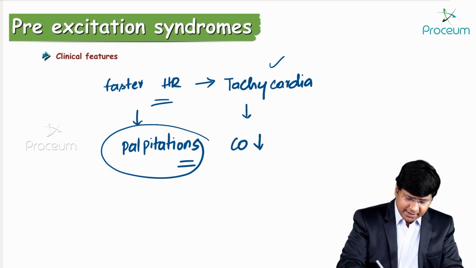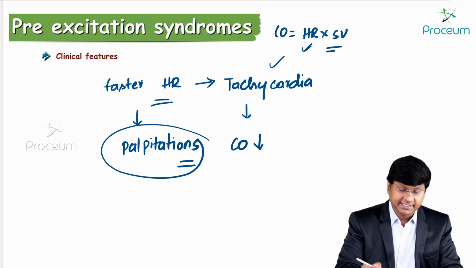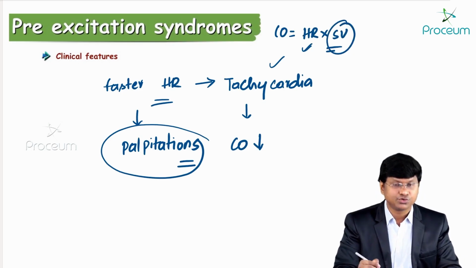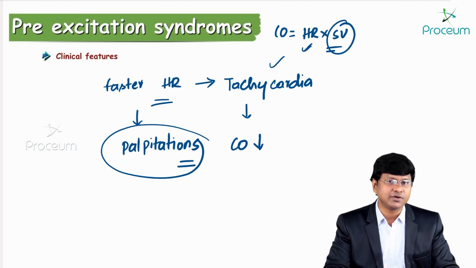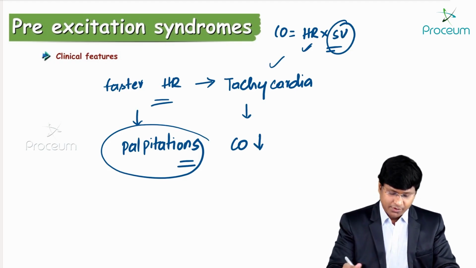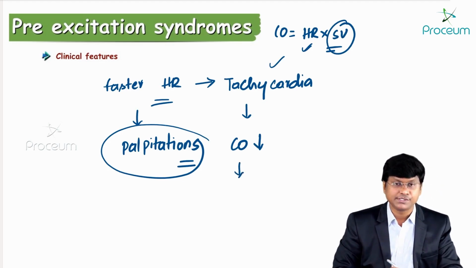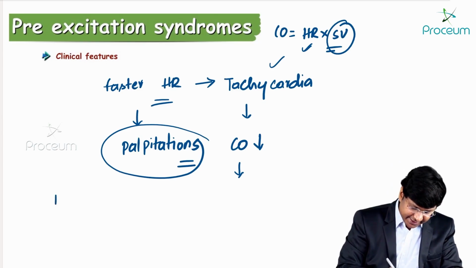See, actually cardiac output is heart rate times stroke volume. That is a formula. The heart rate is increased, that is very much accepted. But what will happen to the stroke volume? Stroke volume is grossly reduced because it's an incomplete contraction. So the cardiac output ultimately reduces. When the cardiac output reduces, these individuals can have multiple manifestations like dizziness,